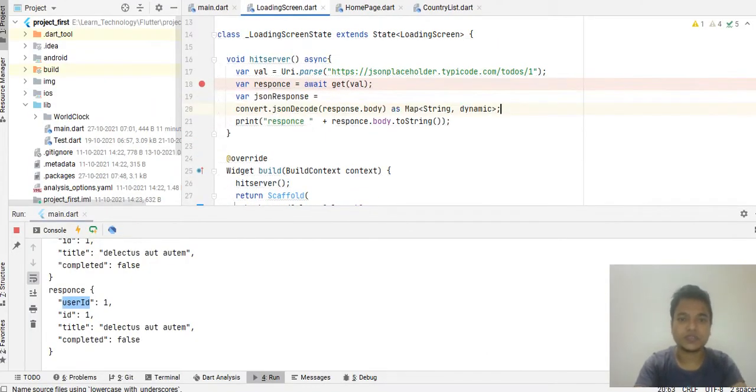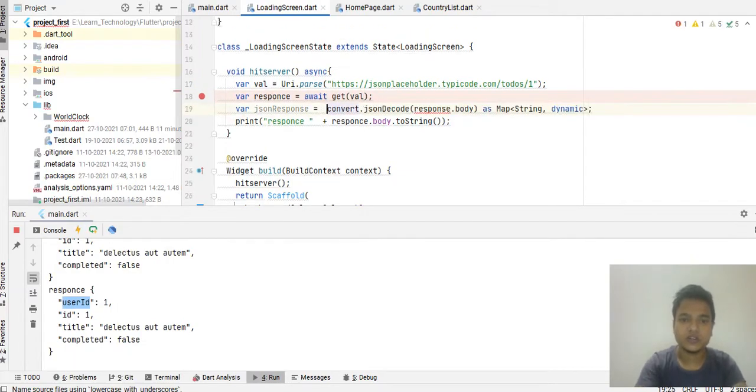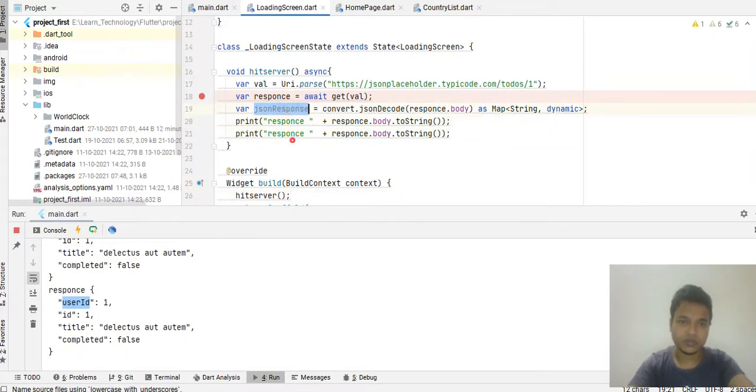So I'm just copying and pasting it here to keep this video short. Hope you understand it. There is a response, I changed the spelling that we did before, and you can see now the JSON response has been converted into a map, and you can get the string like this. Let me copy the JSON response here. Now we can get the details, getting the result with a key.